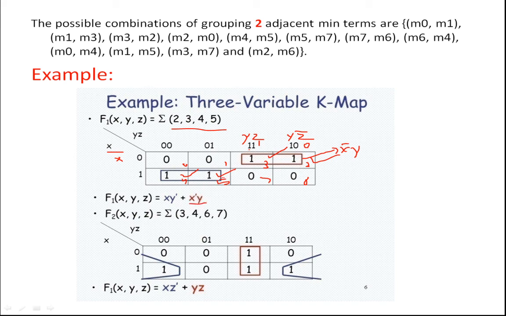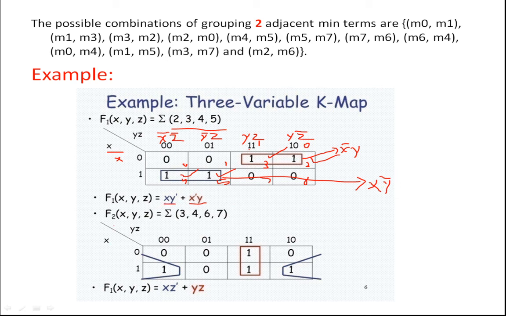For this expression, for these two groupings, what is the value of x? X is 1, x is 1, and here you can see for this one it is 0 0, that is y bar and z bar, and here it is y bar and this is z. Now what is changing here? You can see z is changing because z bar here is 0 and z here is 1. So z is changing. So what is constant? Y is constant, it is represented as 0. So x y bar. The final answer is x y bar.